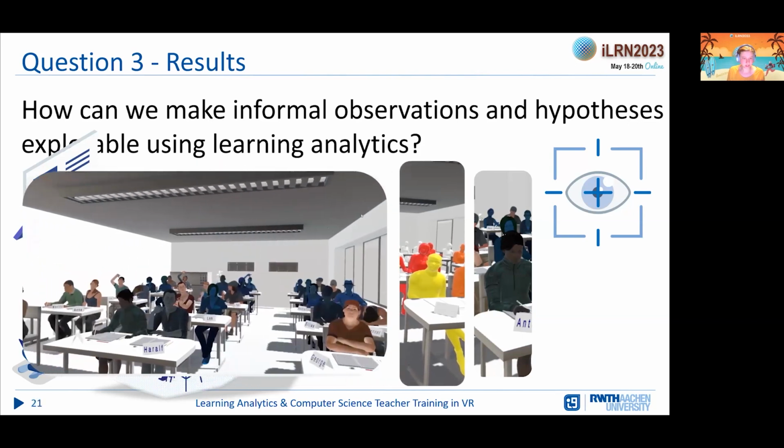This is another visualization we created to test later. It's also a heat map, but we can see more details of the students, but it's harder to distinguish the colors. It's from blue to red. And if you never looked at a student, for example, Anna or Moritz, they will not be colored.